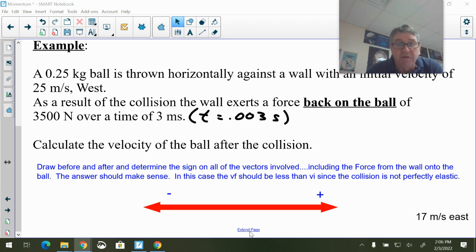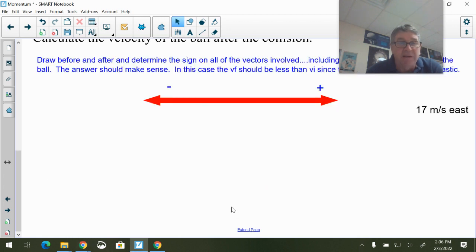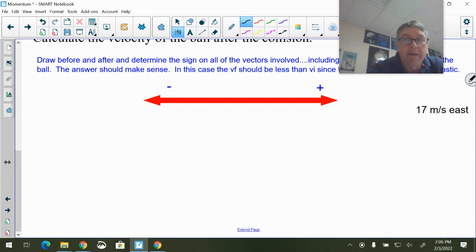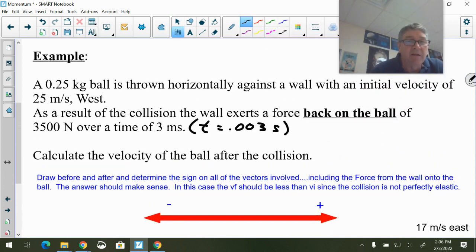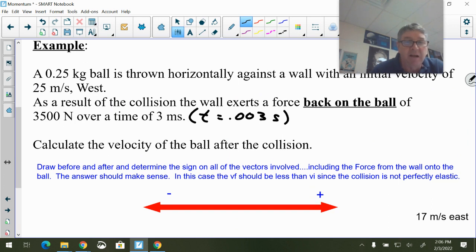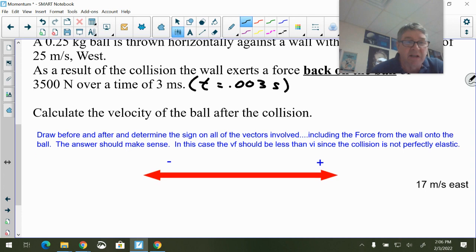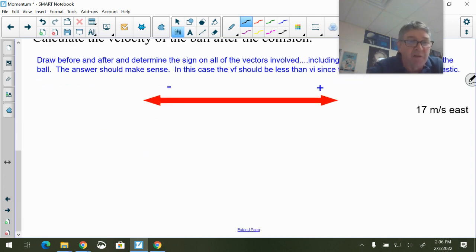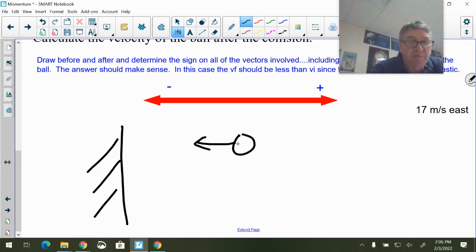The first thing you have to do is draw a picture of what's happening in this scenario. I'm going to be clacking here with my pen. We have a ball coming in, thrown at a wall, and it hits it. The ball's moving to the west. It hits the wall and bounces back to the east. So I'm going to draw a wall here, and I'm going to draw the ball coming in. And the ball has a mass of 0.25